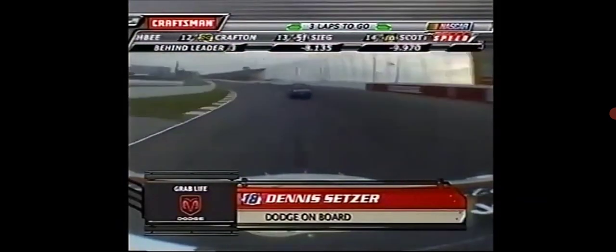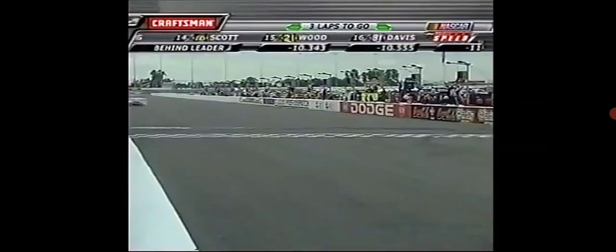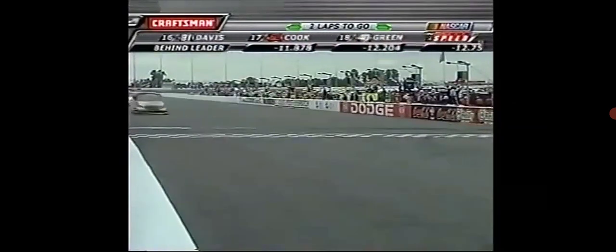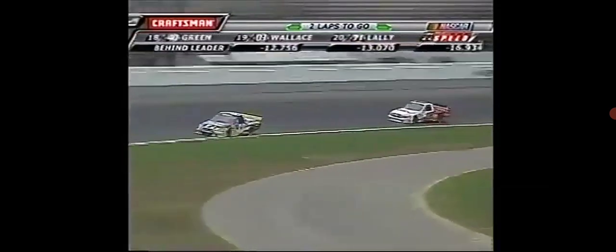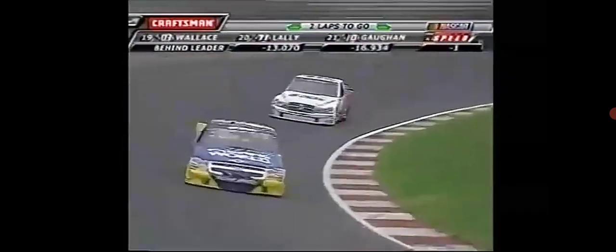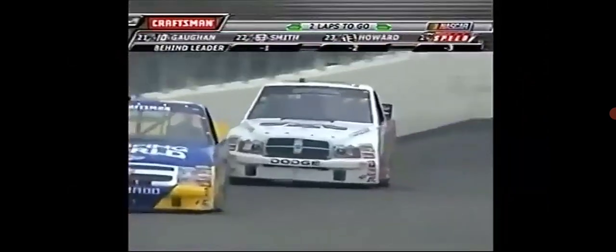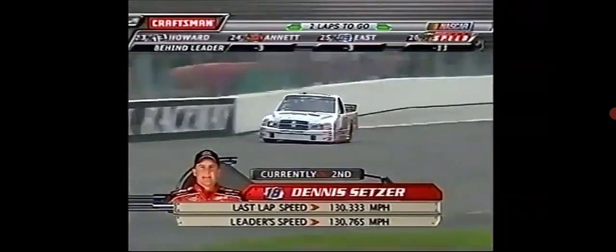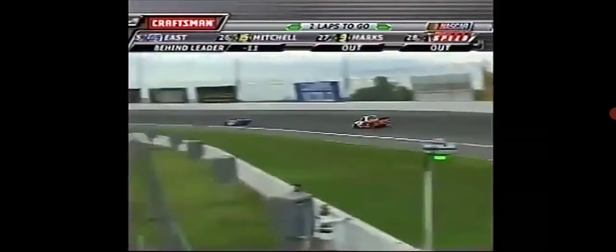They continue to work through that wide sweeping 3 and 4 now. 2 laps of racing to go from Gateway. You ride there in second position, like you said, Phil, and he's trying everything he can do to get there. You know he's using the brakes as hard as he can. He's driving it hard, but right now he's just going to be the first loser. I can't even imagine what Dennis Setzer is doing right now in that truck, trying to reel in the 33,